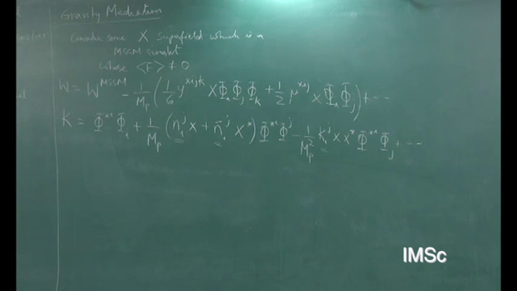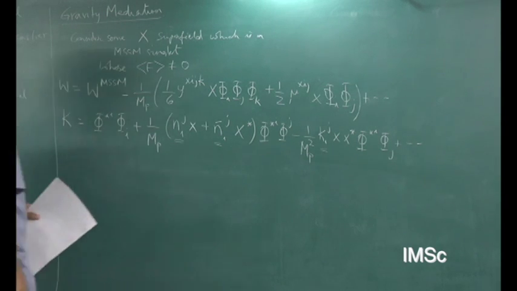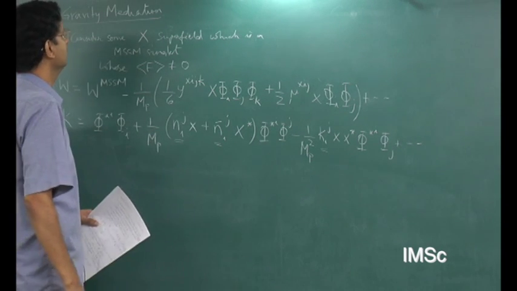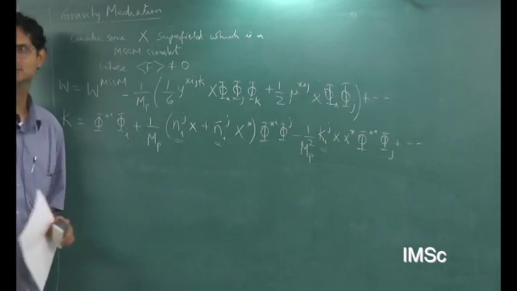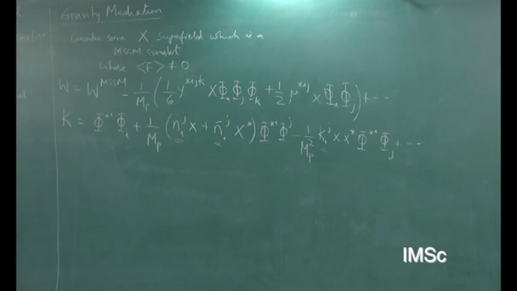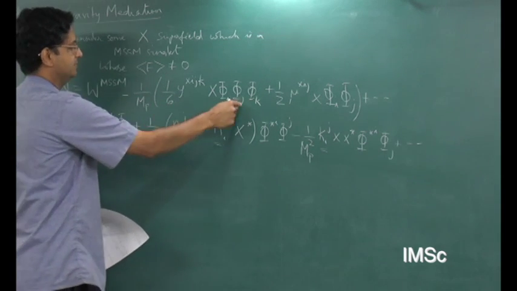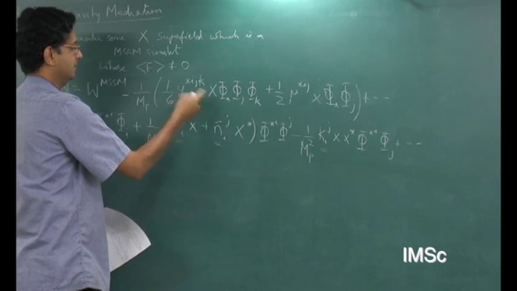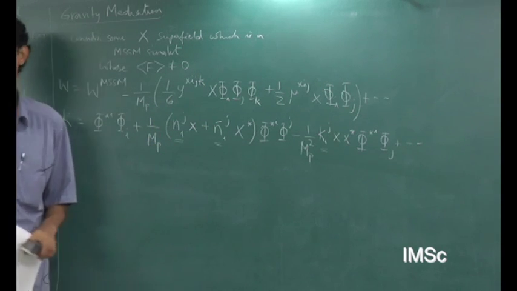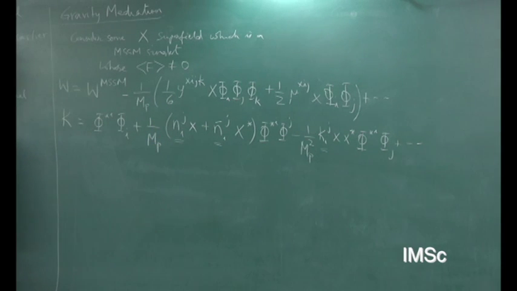Sorry, Y, X, I, J, K. So this X is summed over, and for each X there is a Y? No, I'm imagining only one X. You can generalize it perhaps to many different X's, but here there is only one X. So this is just some coupling. If I pick i, j, k and I stick in an X here, this is some number, right? i, j, k will sum over all of the MSSM fields.